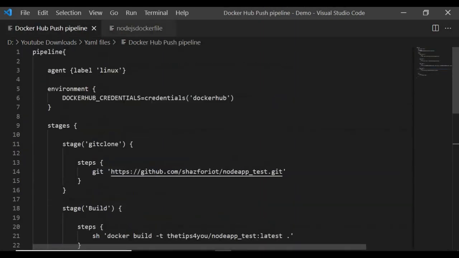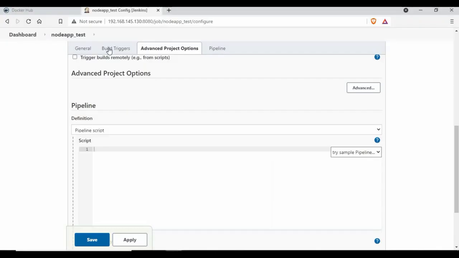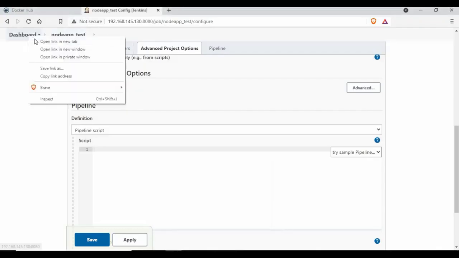Now if I go to the pipeline script, you can see I'm starting with the agent, and I'm using the label as Linux because that's how I have set up my Linux slave. Now what we require is the credential for Docker Hub. So I'm going to use an environment variable, DOCKERHUB_CREDENTIAL, equal to credentials, and I'm going to take this from Docker Hub. So this name comes from the Docker